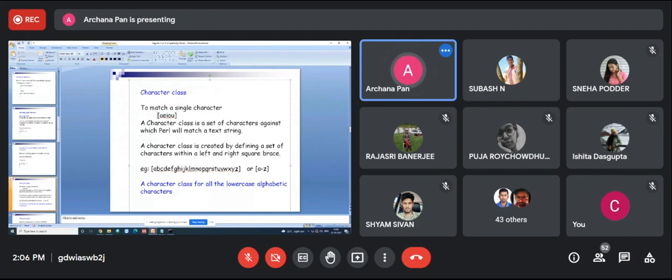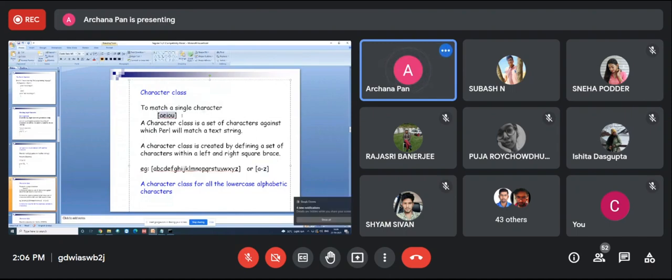It will match either A or E or I or O or U, if any of them is present in your text. To create the character class, you have to write a set of characters within the square braces.